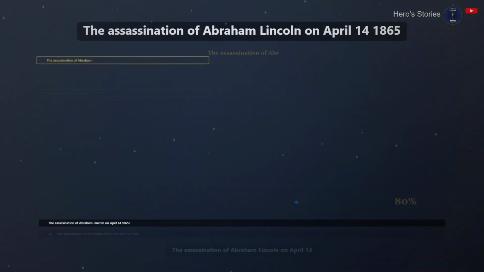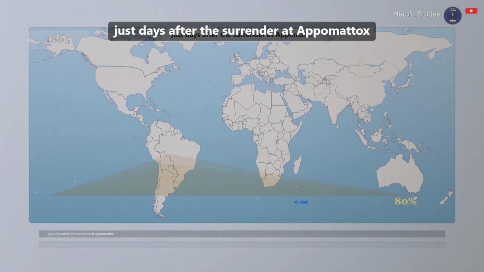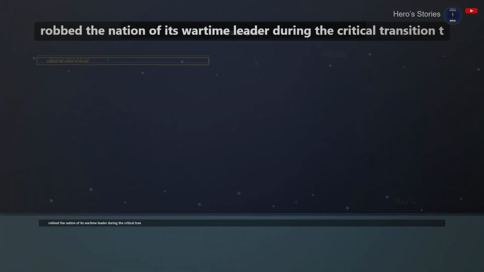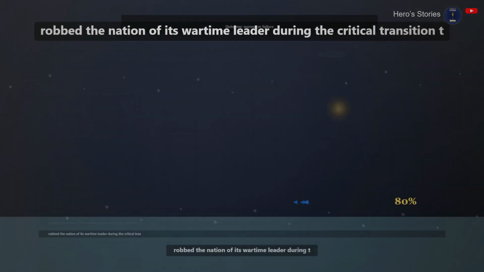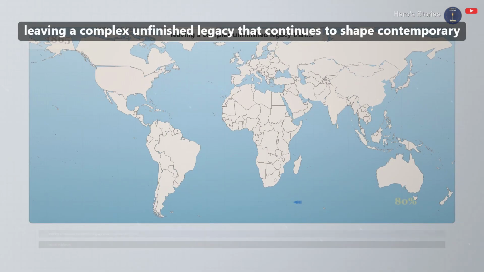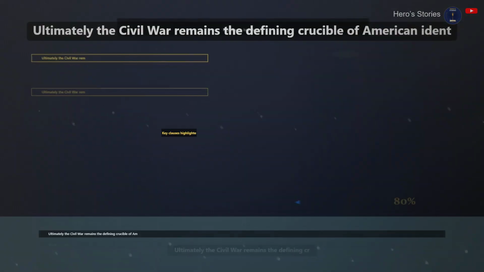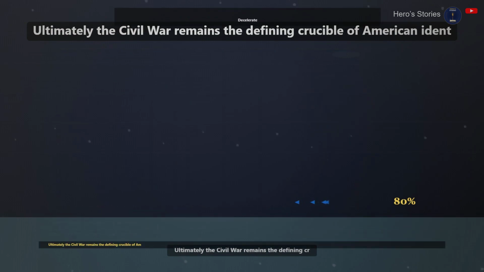The assassination of Abraham Lincoln on April 14, 1865, just days after the surrender at Appomattox, robbed the nation of its wartime leader during the critical transition to Reconstruction, leaving a complex, unfinished legacy that continues to shape contemporary political discourse. Ultimately, the Civil War remains the defining crucible of American identity,